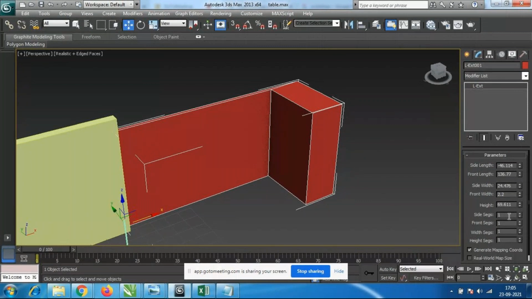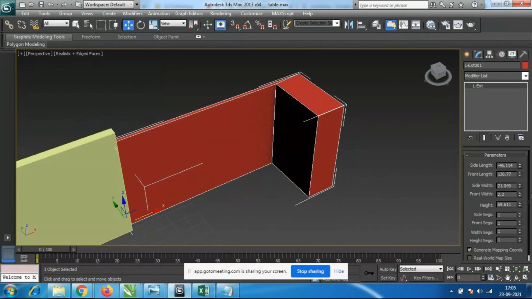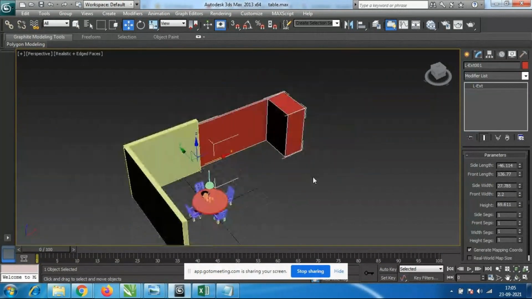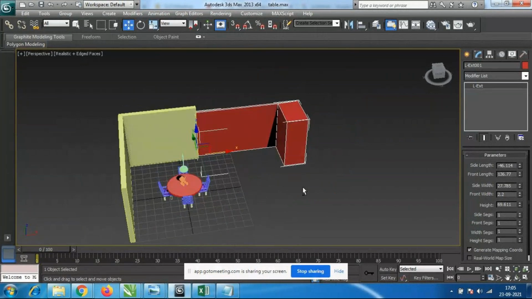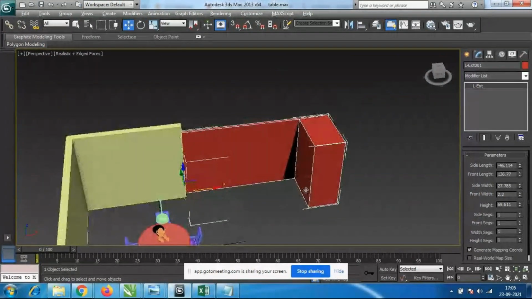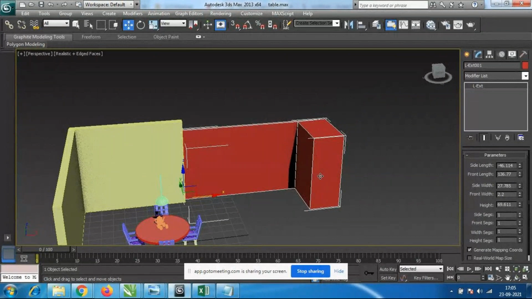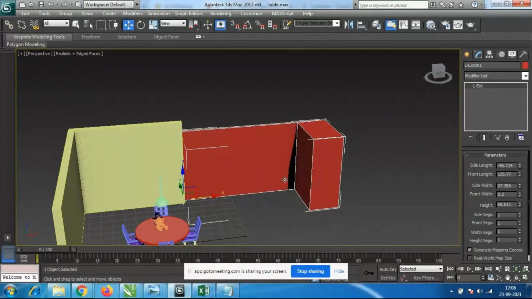So for side width, however much you want you can take it. Suppose you want to make a puja room, that time also you can make the thickness like this. Okay, so I have given like this. I want to make some showcase or something, otherwise I'll make it as a puja room.